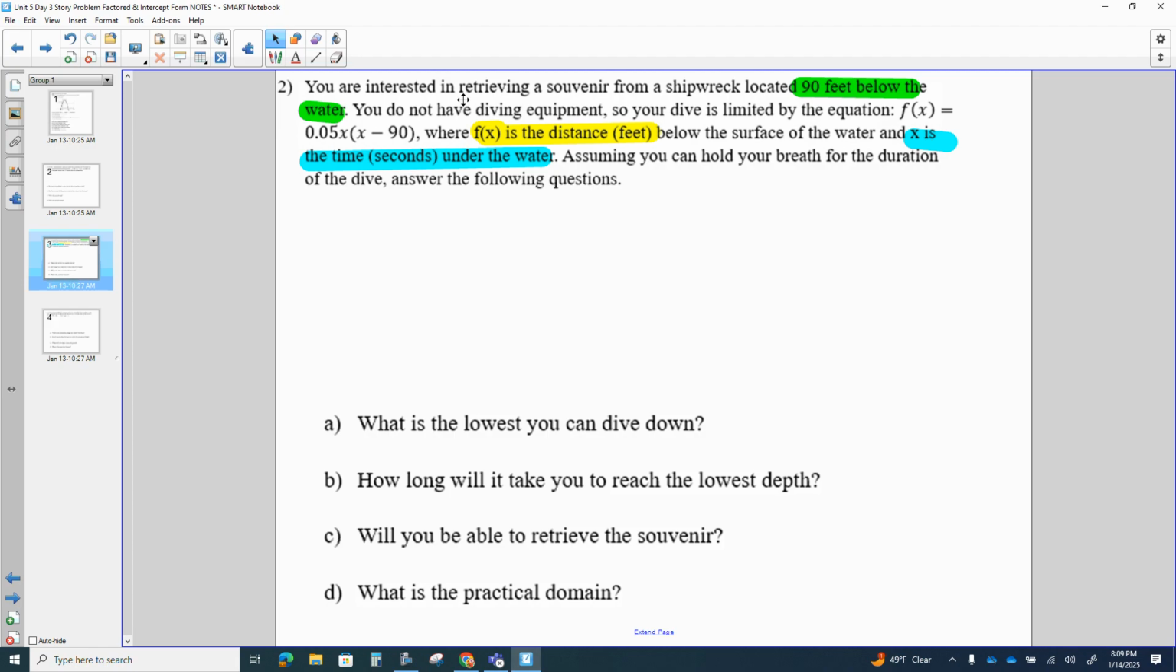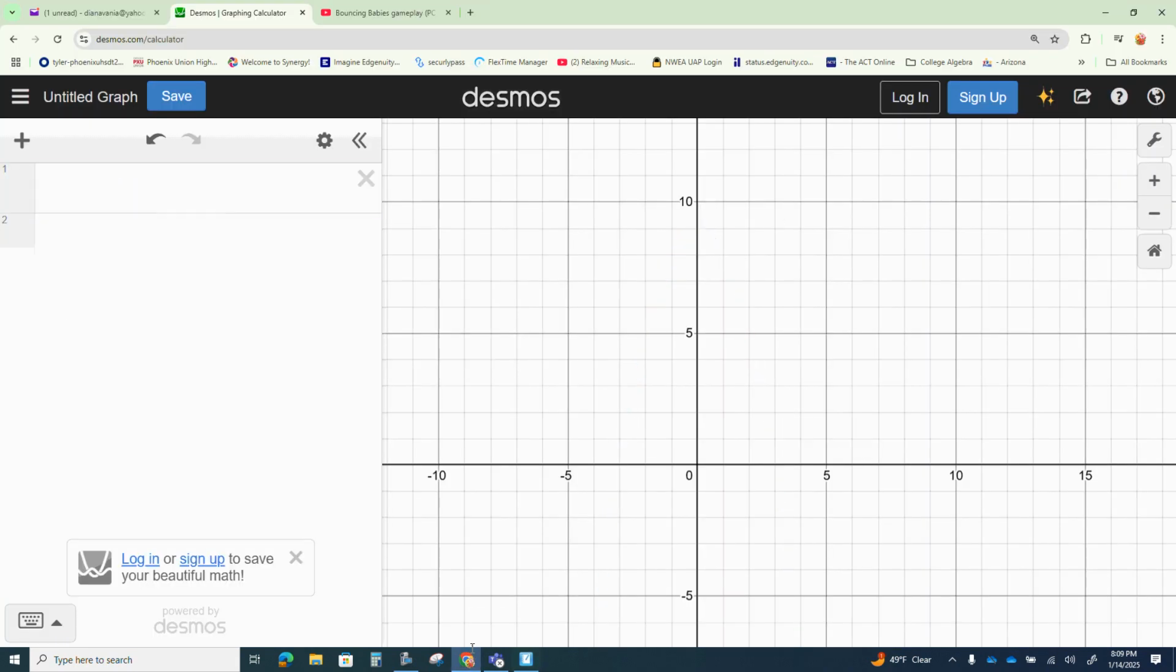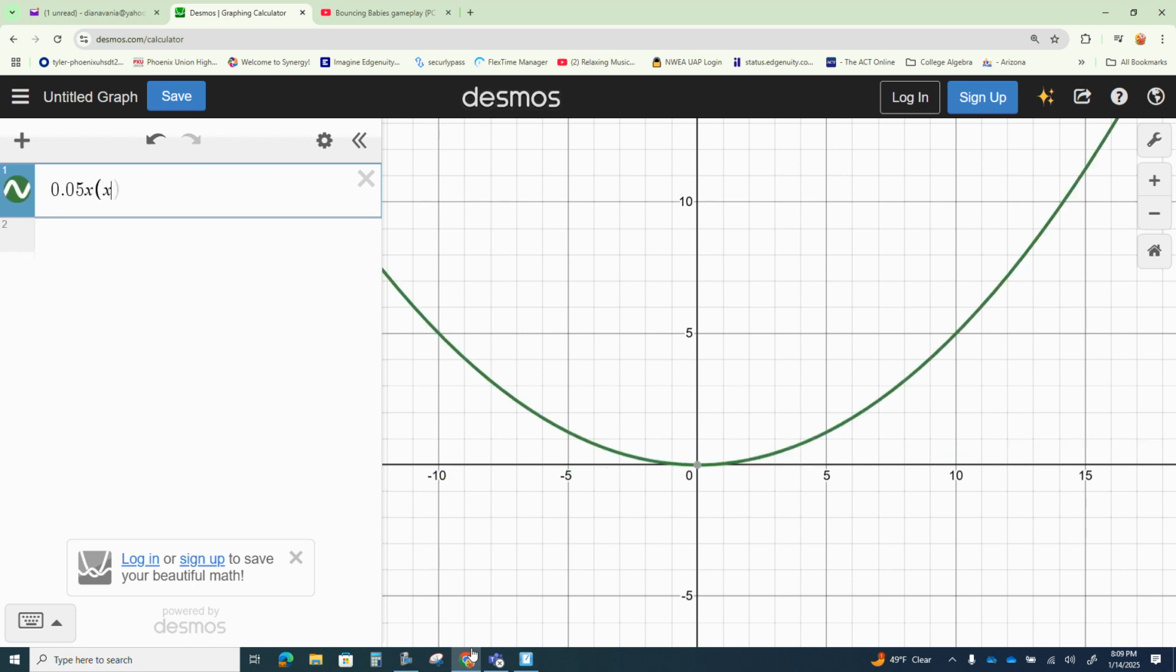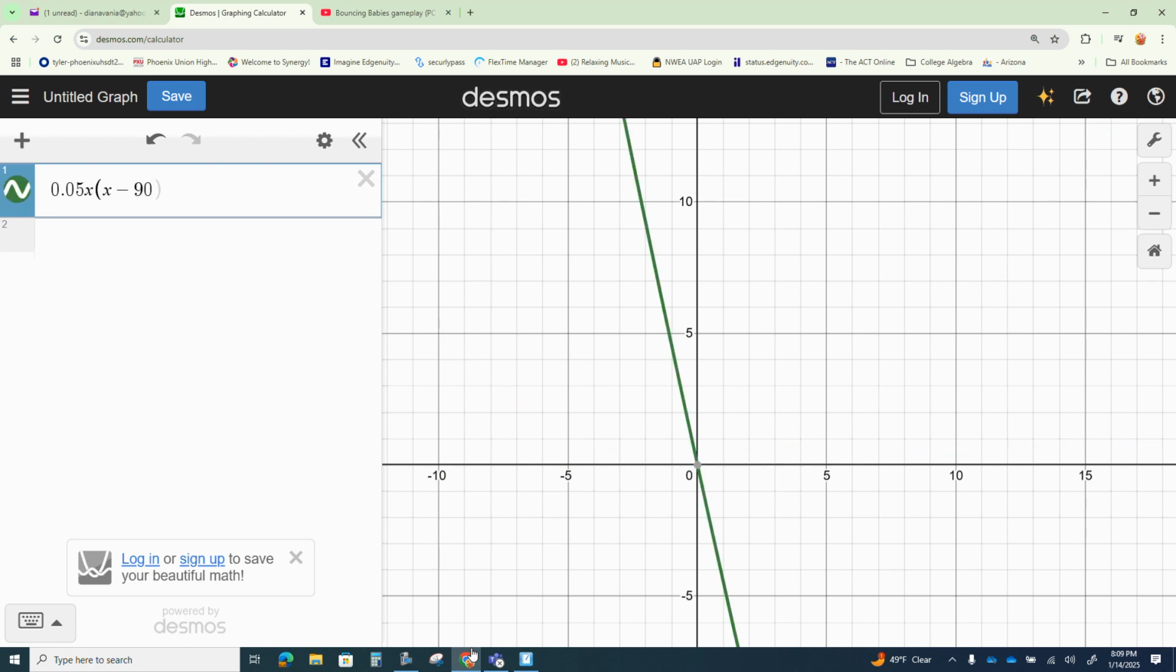So of course, the first thing I'm going to do is grab this equation, f of x equals 0.05x times x minus 90, and plug it into Desmos. So once again, we have 0.05x, and x minus 90. And again, I can see it looks linear, but what that just means is I need to